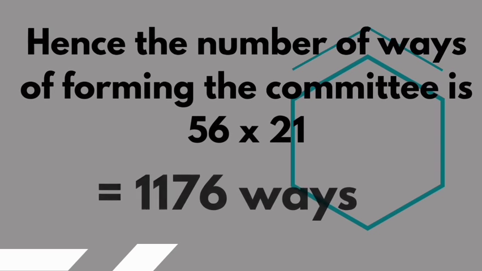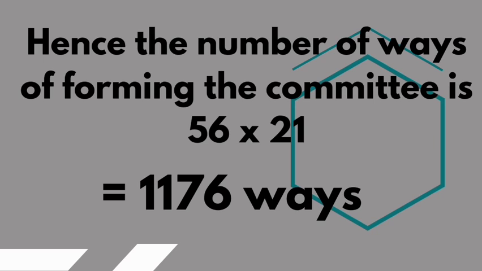Therefore, to get the number of ways of forming the committee, we are going to multiply the number of ways of selecting 3 males from 8 males by the number of ways of selecting 2 females from 7 females, and that gives us 56 multiplied by 21, which gives us